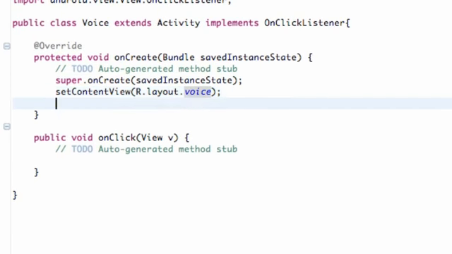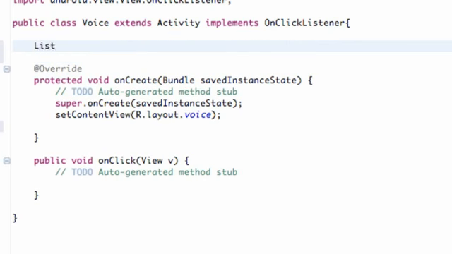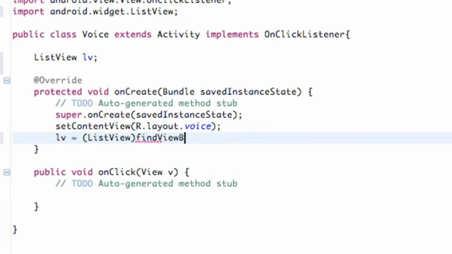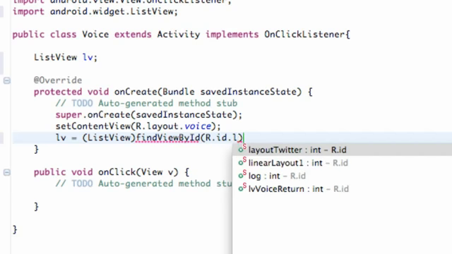So what we're going to do is set up a list view that our whole class can use. So we're just going to say ListView LV, add our imports, and there we go. We're also going to set up our list view to have that reference bridge or whatever. findViewById, R.id.listViewVoice,